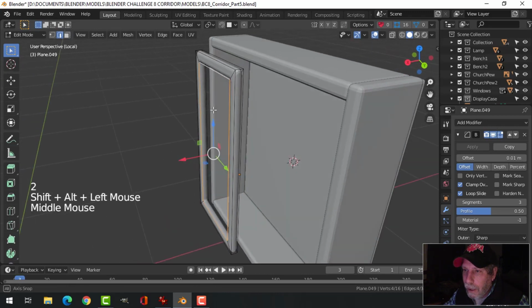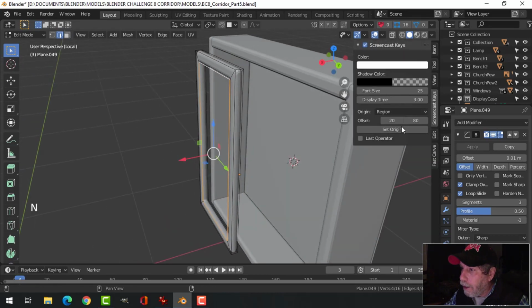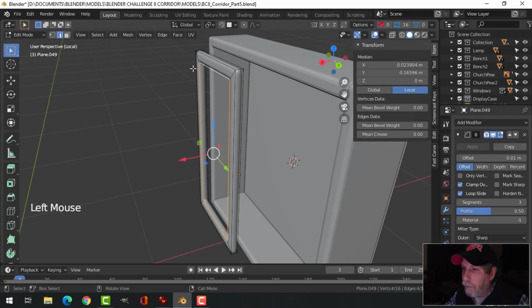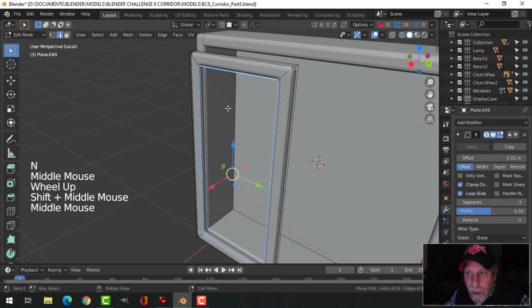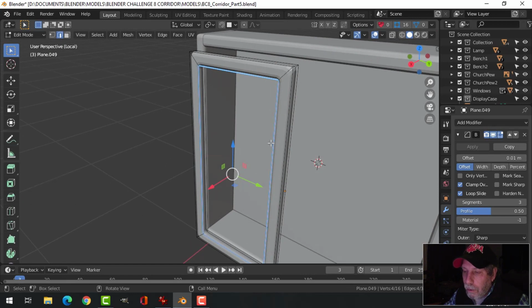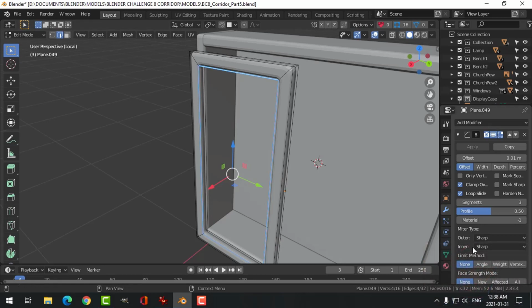I'm going to Shift Alt and click that inner edge and press N and come over to Item. Because I've got the edge selected, I'm going to choose Edges Data, Mean Bevel Weight. I'm going to slide that up to 1 and close that. And I'm going to use a custom bevel profile. I'm going to make one to make this sort of a frilly inner border. And I use the bevel weight. I'm going to switch over to bevel weight here, by the way, in order to constrain it so that at the corners it's going to fit together. You'll see what I mean. For this to work,